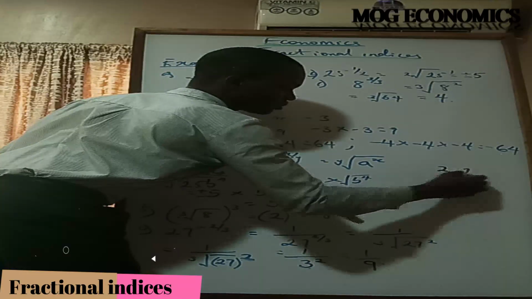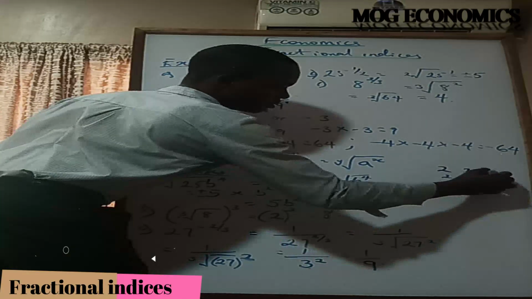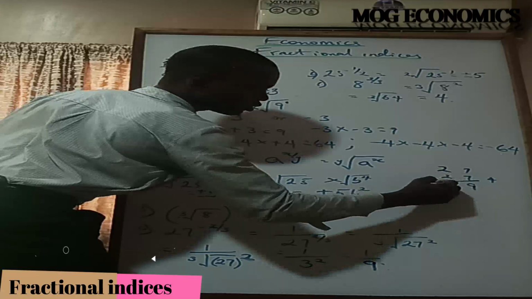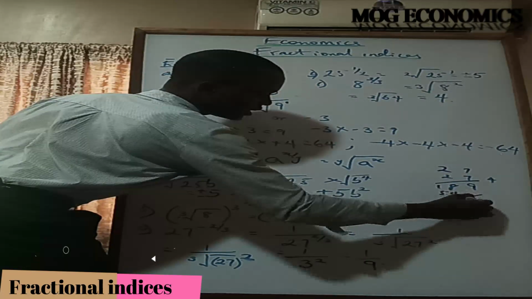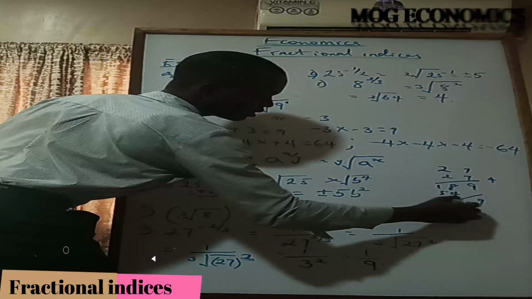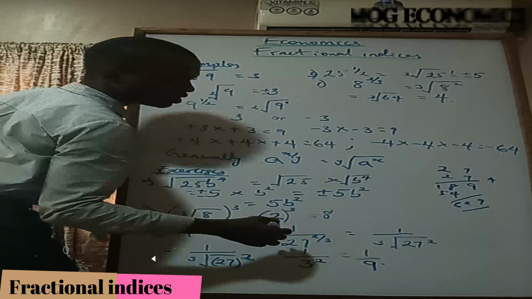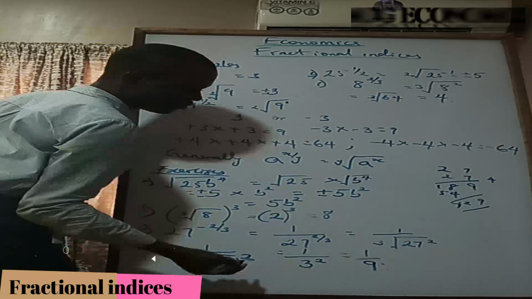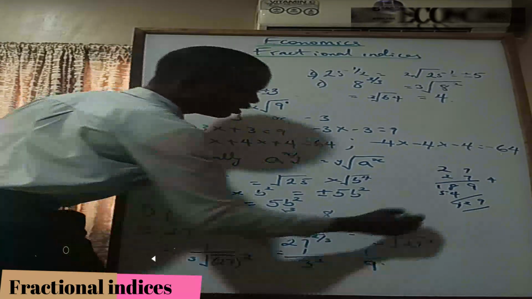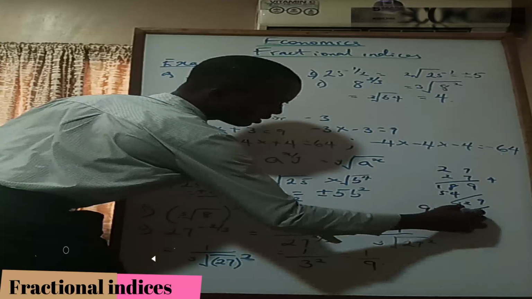27, 7 times 7 is 49. 7 times 2 is 14, plus 4 is 18. And 2 times this is 54. So you have 9, you have 2, you have 7, 729. Okay, in the same vein, if you do 9 times 9 times 9,